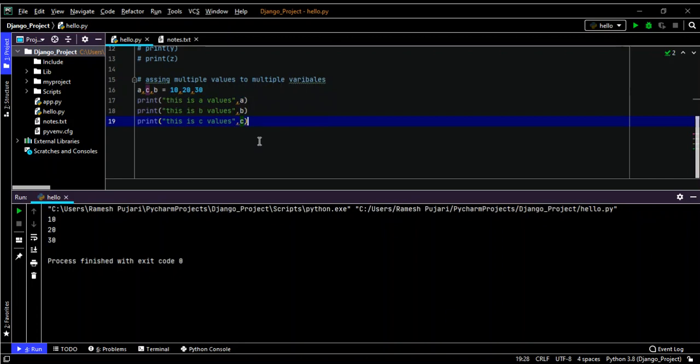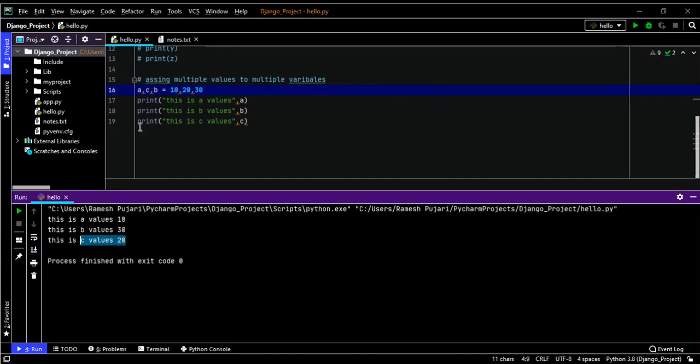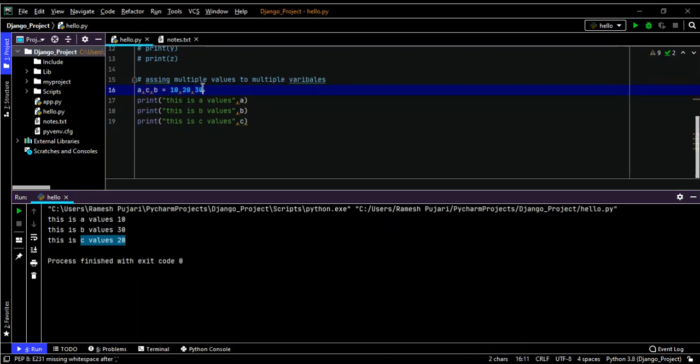Now you can notice here, the c value becomes 20. Before, the c value was 30, and now it should become 20. See, you can notice here the c value is now 20, because the variable order is important here, the value order is not. Whichever order you define the variables in, sequentially it will take those values.